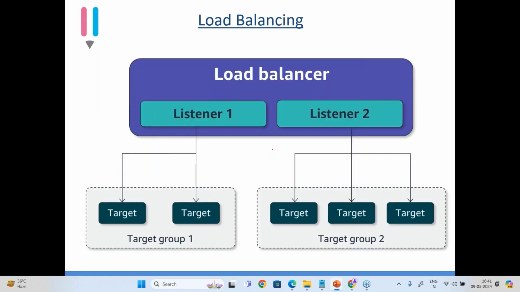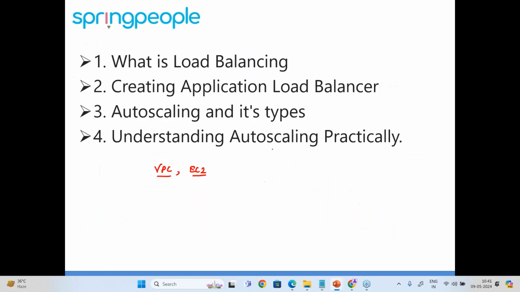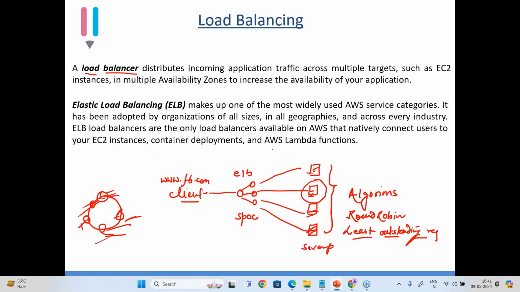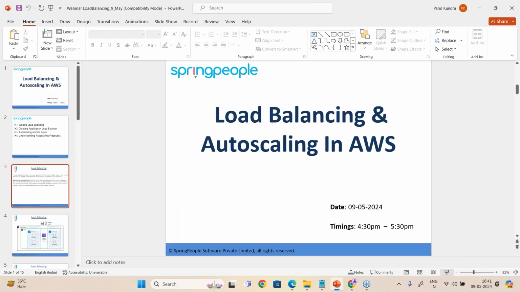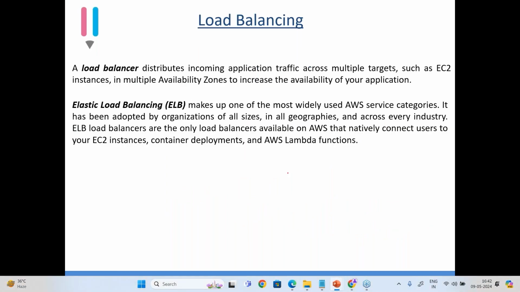Now, coming back, here is a simple diagram which shows what load balancers are, how things are set up, and what a target group is. So let's have a quick discussion on it and then implement it. Just see the figure and I'm going to show you how we are going to talk about it. Okay, just give me 1 minute. Let me delete this. I'm going to explain the things first practically, and then you are going to understand them fine.